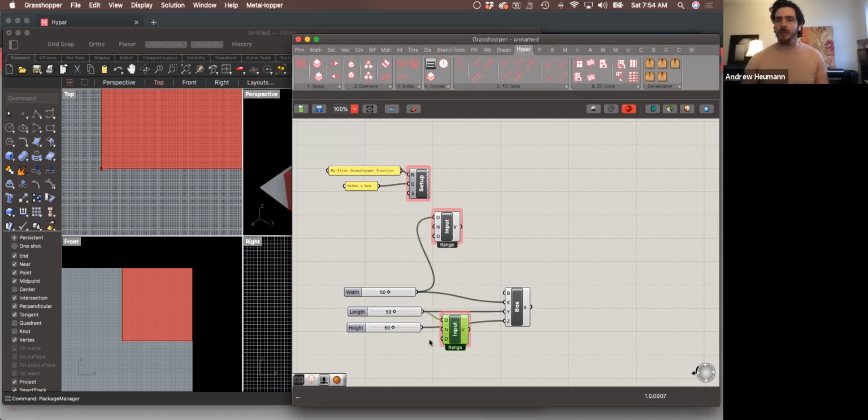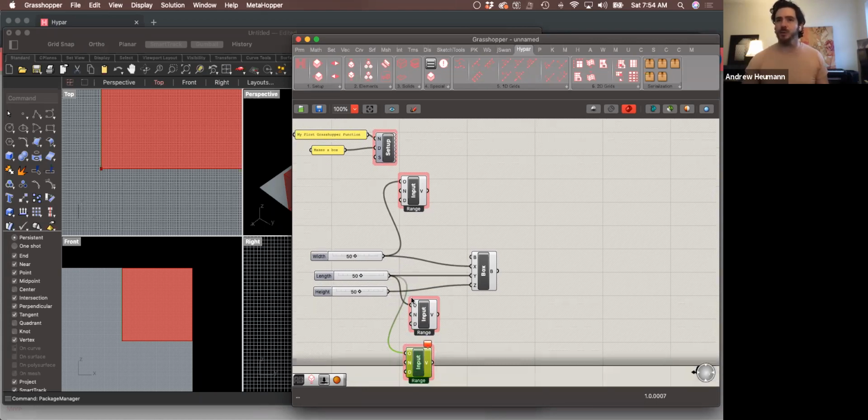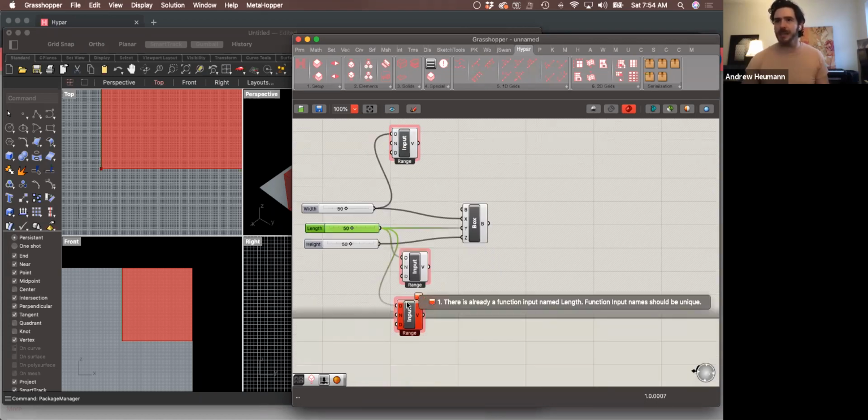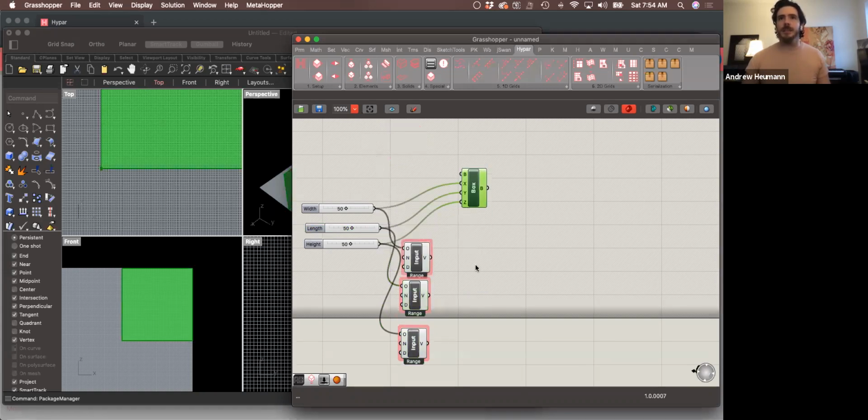I'll make 3 copies of this. You don't want to plug a bunch of inputs into the same component, and you also don't want the same input controlled by multiple function inputs, because it expects them all to have unique names. So we'll just create our Hypar inputs. And then